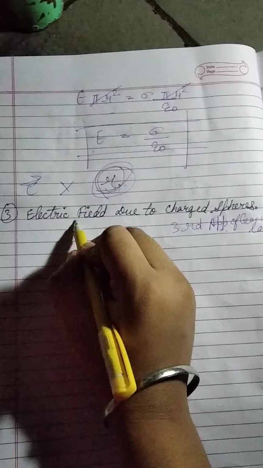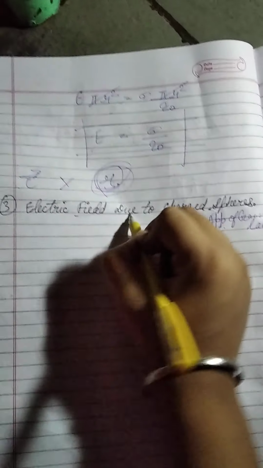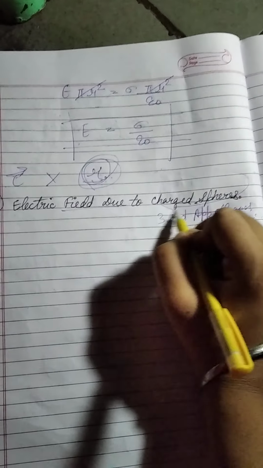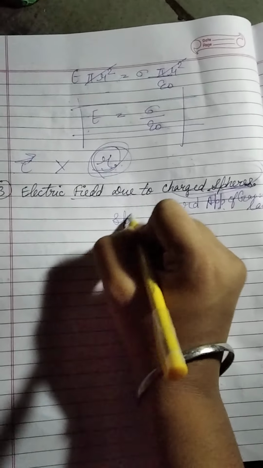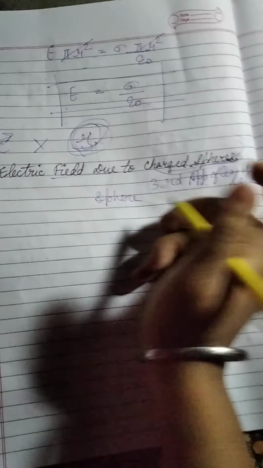Hi guys, so today it is the third application of Gauss law and we'll study this today. So it is the electric field due to charged spheres. Now the sphere is of two types, as you all know, and if you do not know, then I am telling you. A sphere is of two types: